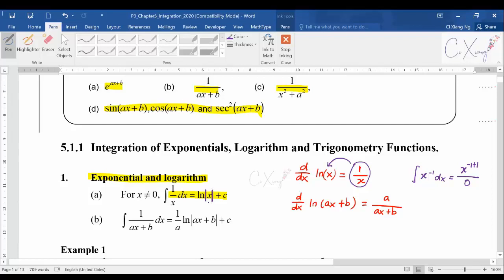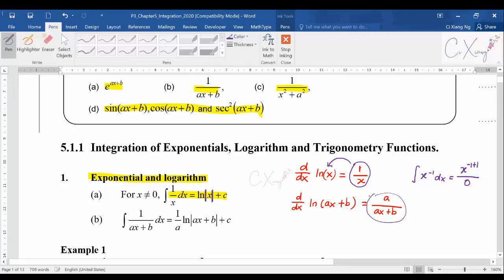But myself, I actually understand that this value should be a positive value, so which is a modulus. Okay, so I didn't write a modulus, but you should know that it should be a modulus, all right? Okay, so this is the first one. And after that, when you want to integrate